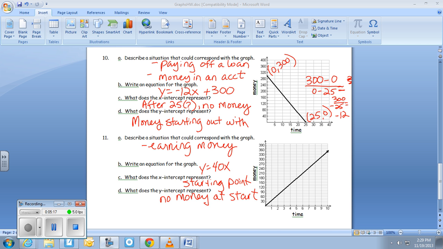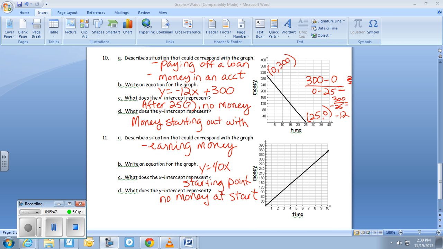So the big thing I want you to understand is that you have 2 points. You have an x-intercept and a y-intercept, and those represent points as I've labeled up here. So your y-intercept is at (0, 300), and your x-intercept is at (25, 0). So find the slope using the slope formula, y2 minus y1 over x2 minus x1, and you get a negative 12 slope. So your equation for letter B should be y equals negative 12x plus 300,